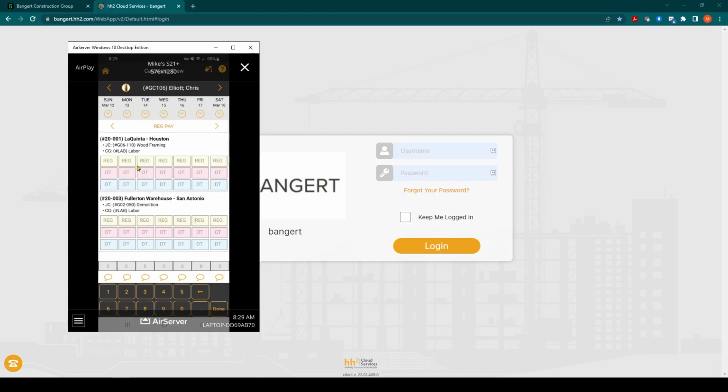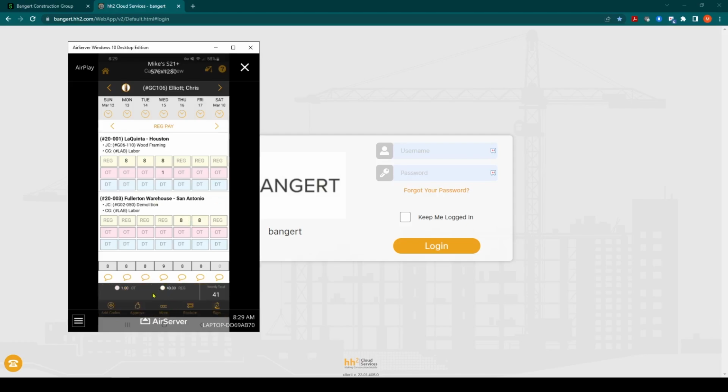So let's put some time in here. And I'm just entering on my tablet. And we'll just say 8 hours there, 8 hours, and he had 1 overtime. And then on Thursday and Friday, and you can have more cost codes and so forth as far as that goes, but we're going to keep it simple for now. We're going to enter the time and we're going to click done.